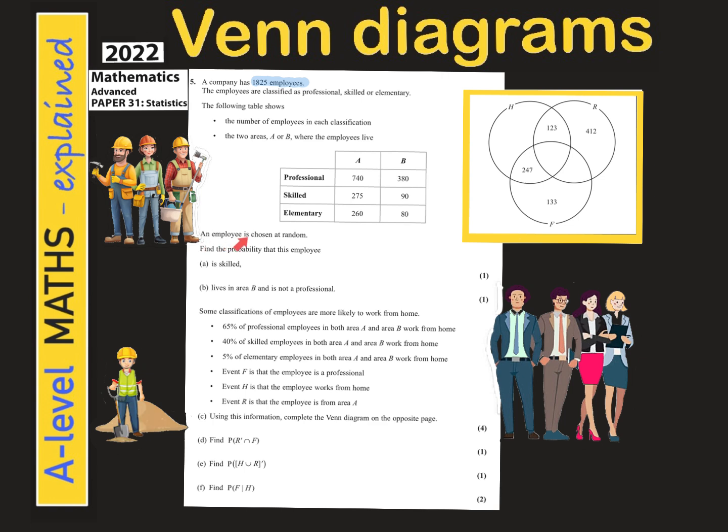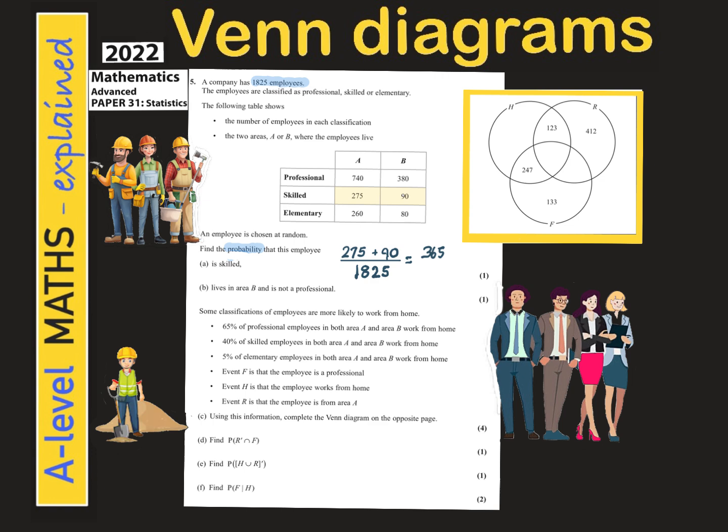Now, an employee is chosen at random. Find the probability that this employee is skilled. The thing to watch out for over here is that there is a word called probability. So when we're looking for the skilled workers, which would be in here and in here, it's not just that number added together. We need to divide it over the overall number of employees in the company, which is 275 plus 90 over 1825, and that adds up to